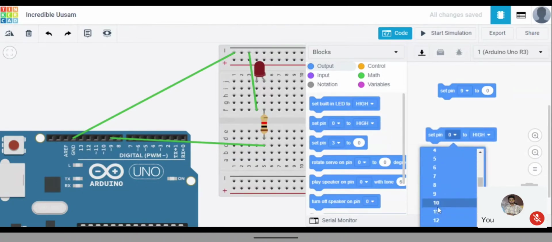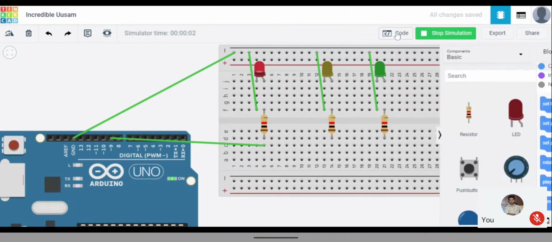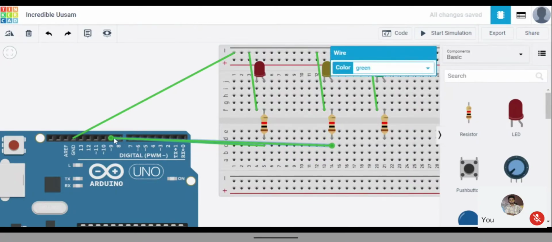So pin 9 to 5, I'll just show. If I start this one now, see, I have connected pin 9 to here. That's why this one is blinking. The red one is blinking. If I connect the same pin 9 here and another pin 9 here, then what will happen? All the lights will be blinking simultaneously, right?